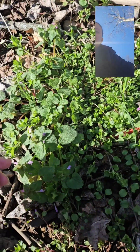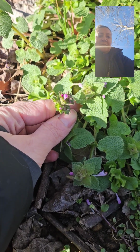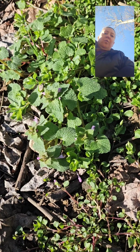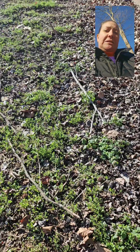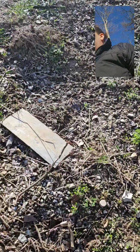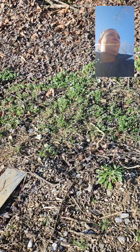So that is the difference. Once you see them side by side, then it's easy to identify them and know what's what. But those are definitely three medicinal plants that could be in your yard that you can use for your medicines and